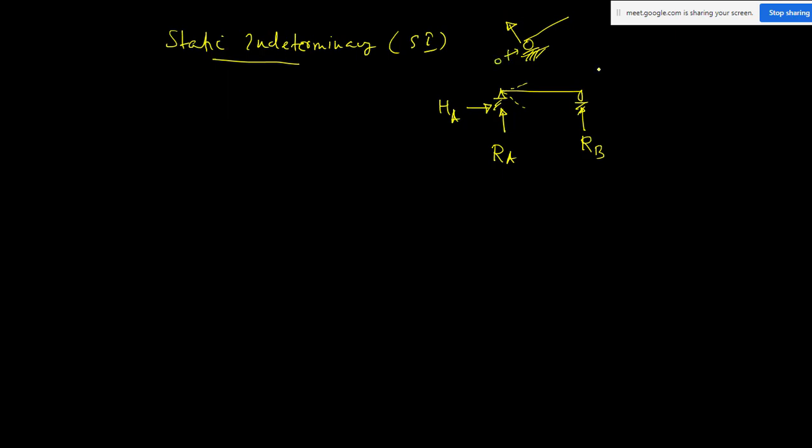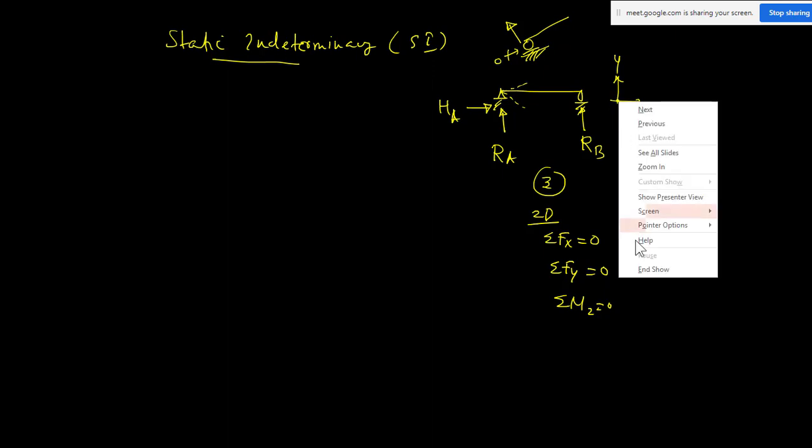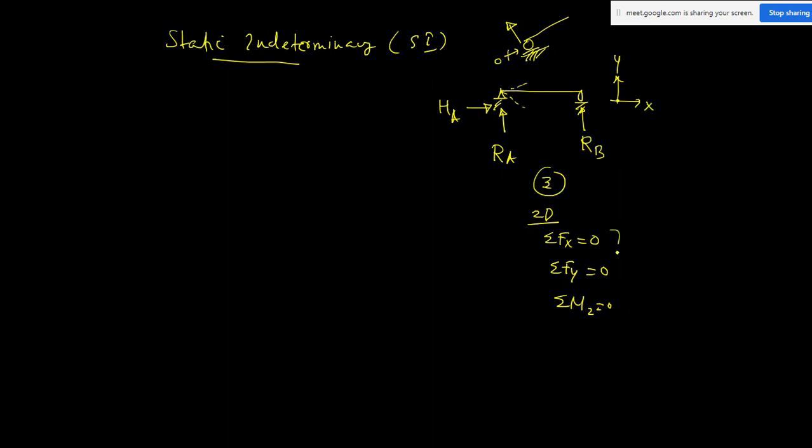It will be zero. So basically, if you take a simply supported beam, it means one end will be hinge and the other end will be roller support. That is the support condition. So you will be having three unknown reactions, and for a 2D structure, you will be having three equations of equilibrium: sigma Fx = 0, sigma Fy = 0, and moment about the z direction = 0. Here x is your x direction, y is your y direction, and the direction perpendicular to the plane is your z direction. So these are the three equations of equilibrium.